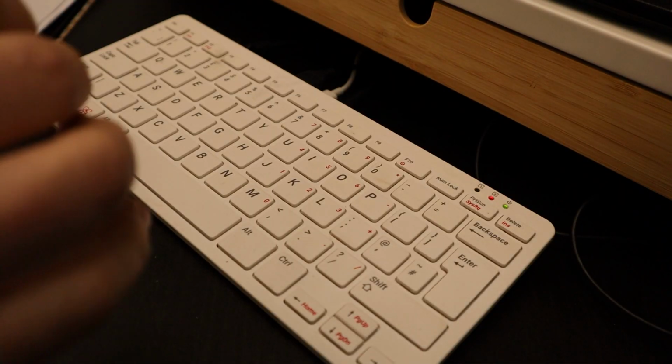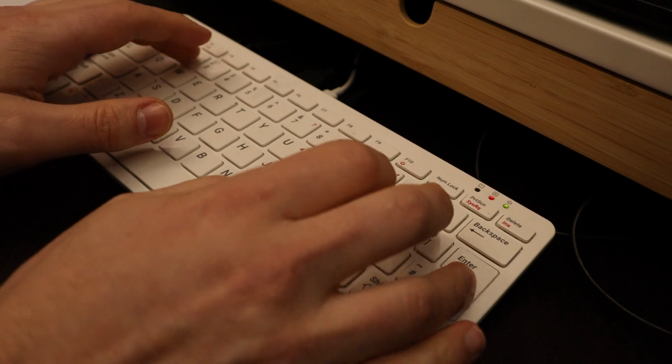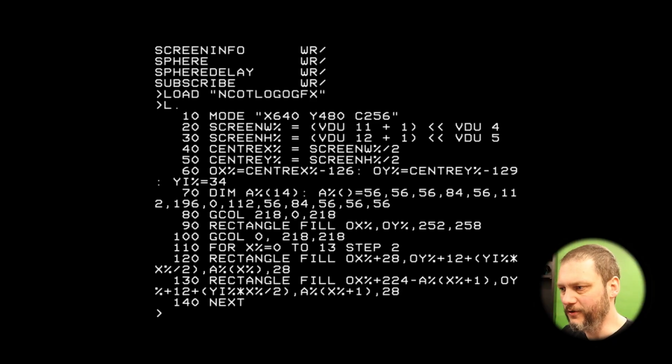Like, the Raspberry Pi keyboard's not that great to type on, but also trying to type out BASIC is very awkward. If you look at this stuff on the screen, it's not indented, it's all in capital letters, none of it's coloured. I can space it out a little bit, but then if the lines get too long and they wrap, it's just really hard to read it. I could use a bigger screen resolution, but then the text is tiny. So, you know, I figured I'd program my way out of this problem.